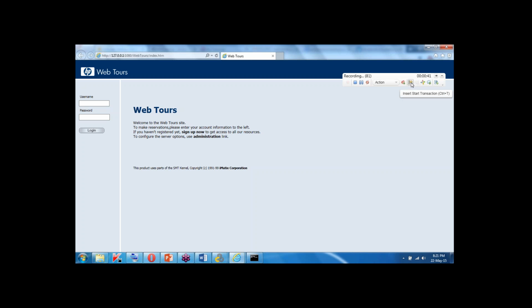The first thing that I do is I'm inserting a transaction. I'll tell you why I'm inserting a transaction, and in real time you always have to follow the naming convention standard. Application name is web tools, right? Web tools. And the transaction name is login, and as it is the first transaction, 01 I have done. I clicked on OK. The default username and password of this application is Jojo, and the password is